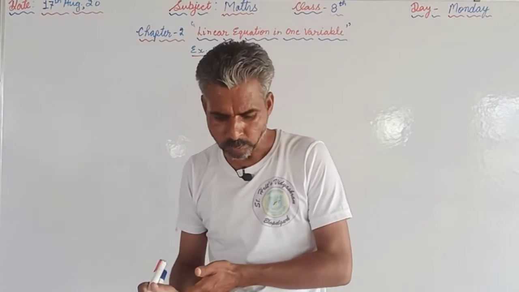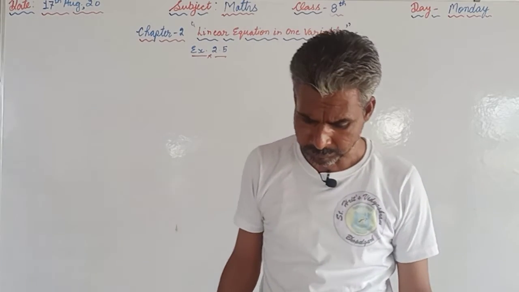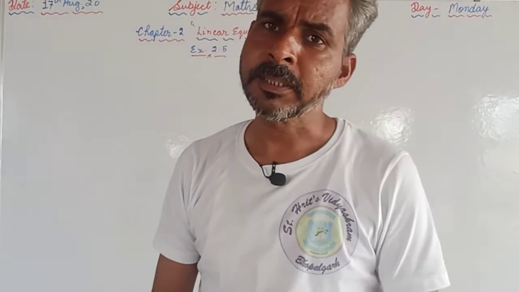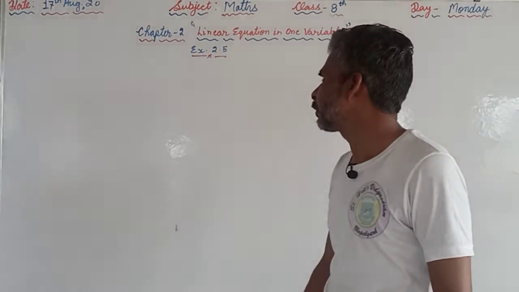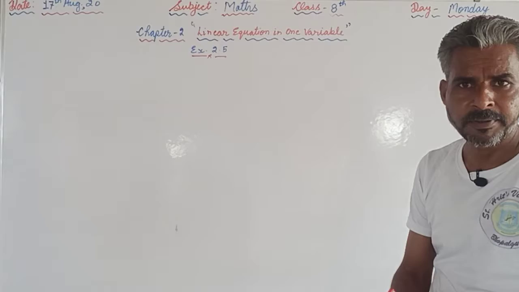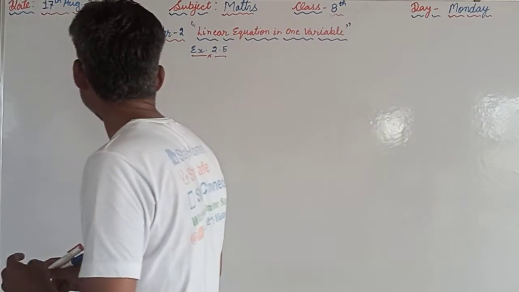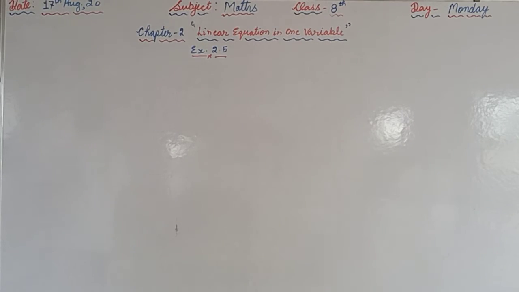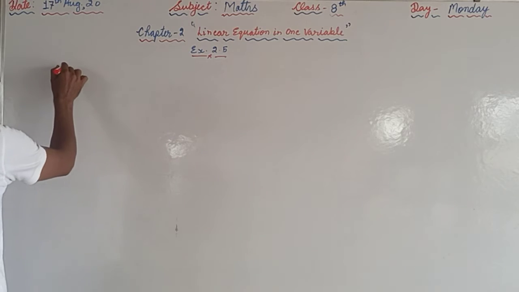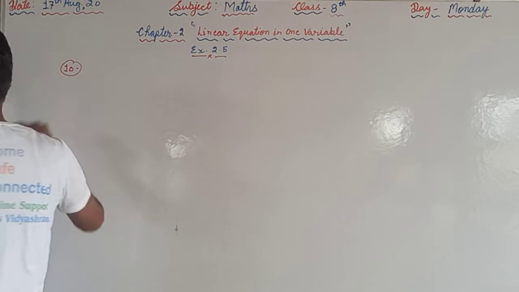So again we are ready with today's video. This video is for class 8th and the subject is maths, and we are continuing the same chapter, chapter number 2, and the name of the chapter is linear equation in one variable, and we are continuing the same exercise, that is exercise 2.5. We will discuss one question from this exercise, that is the last question, question number 10, and question number 10 is